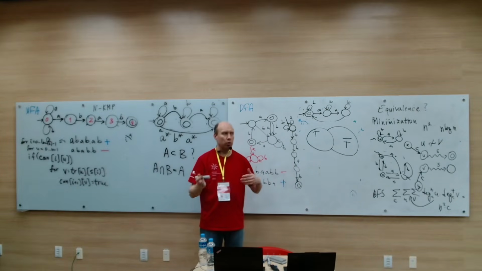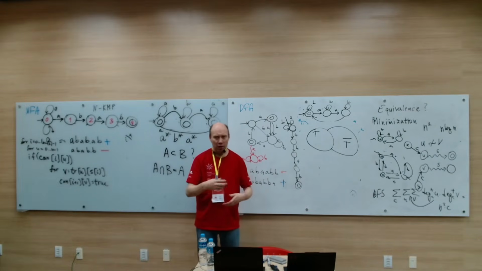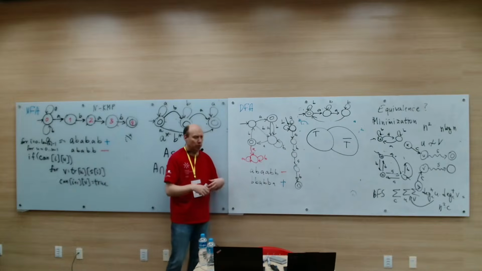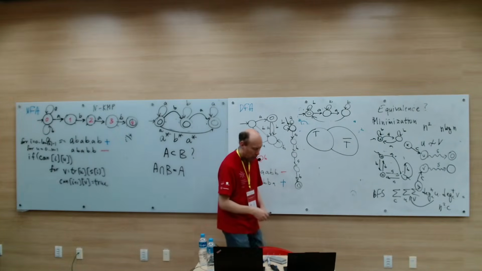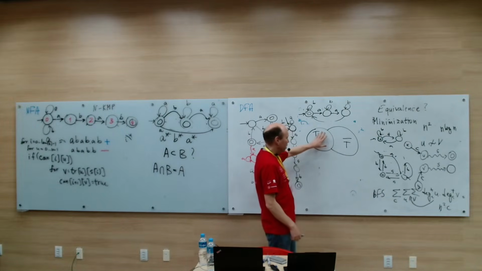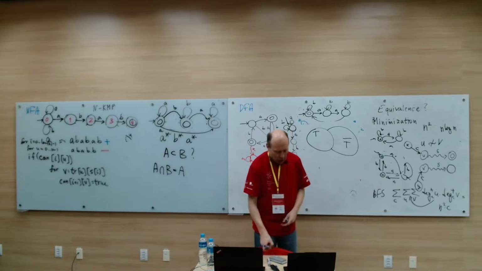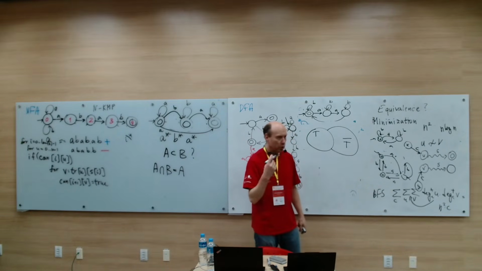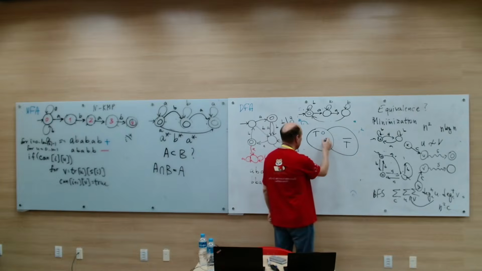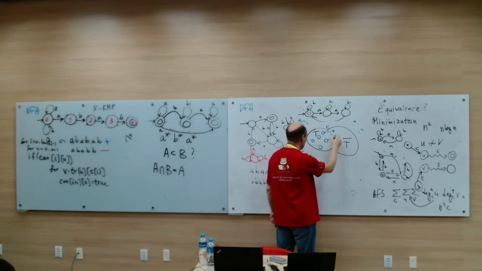This is the opposite of what we did now. We kind of found non-equivalent states one by one, but let's split in mass. For example, let's take this class T. Let's consider some character C and all edges from this class, all transitions from this class by C. If they all lead to non-terminal, for example,